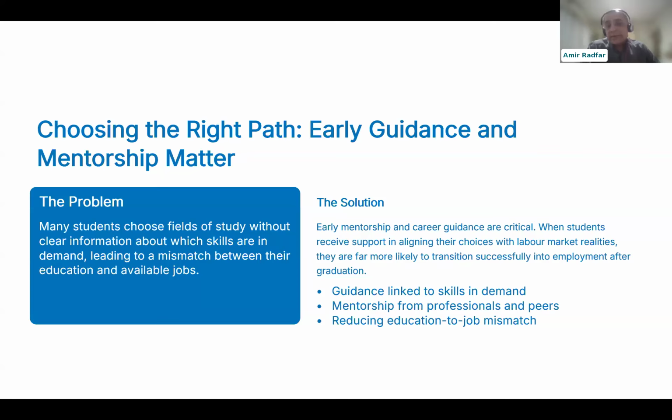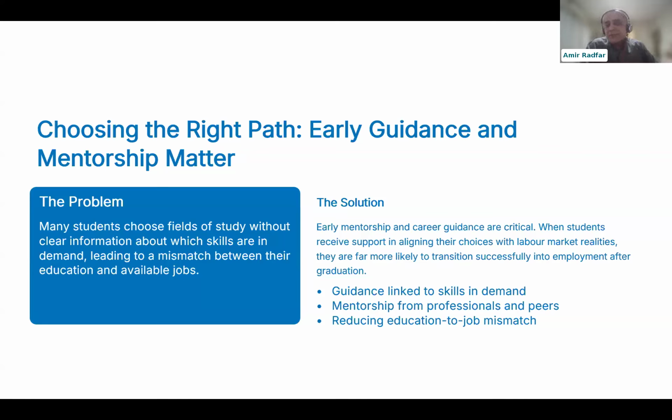One key factor here is guidance and mentorship. We should make sure that students, when they choose their programs and go for their university programs, understand very well what the quality of that program looks like. It's not just about the scholarship, even if it's supported by UNHCR, DAFI, or any NGOs, or any other scholarship opportunities.